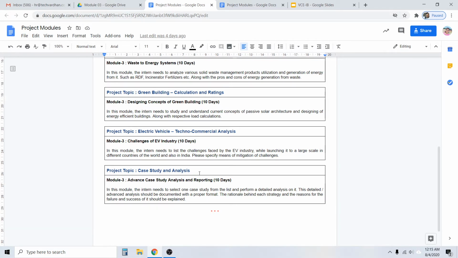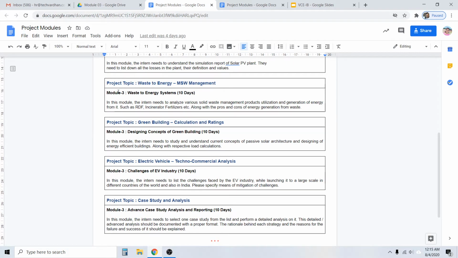So you need to find out those green buildings, what kind of designing they are using, what exactly they have done. Okay, you need to research on that and make a report or make a task on it. The task is all about that. Okay, now